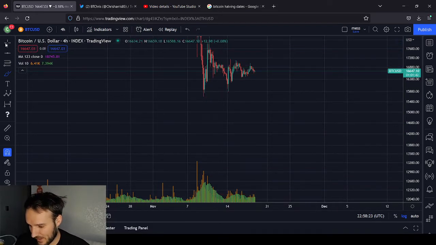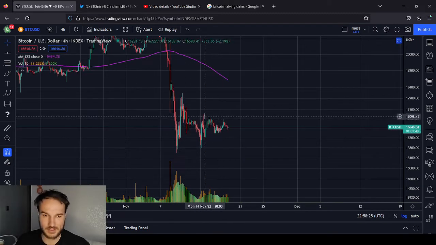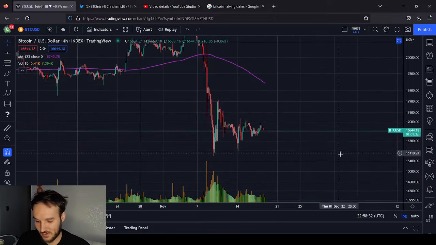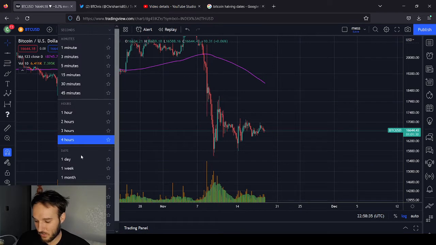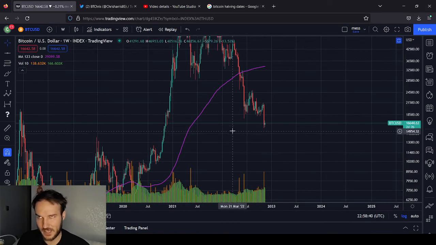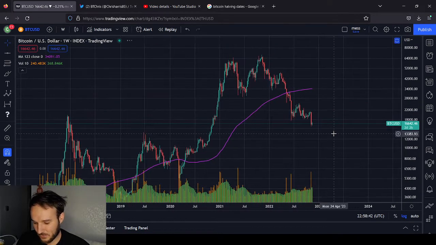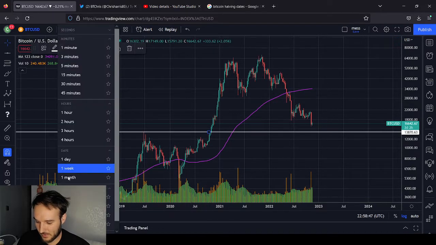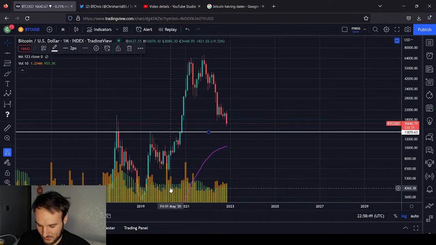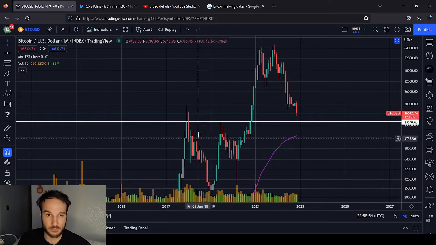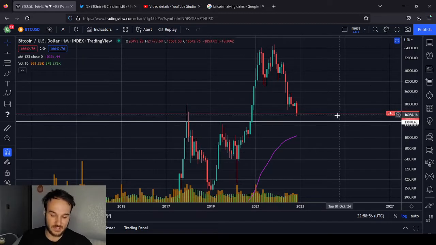Plus, not only that, but this fib doesn't have to be respected. This is kind of an ugly region, a consolidation zone, whatever you want to call it. This does not have to be respected. What I do expect to be respected is previous price data, which right here is a significant point. Also, if we go to the monthly, we can see that it is the same point as our highest monthly close on the previous bull cycle. I think that could be a significant area where we turn around.